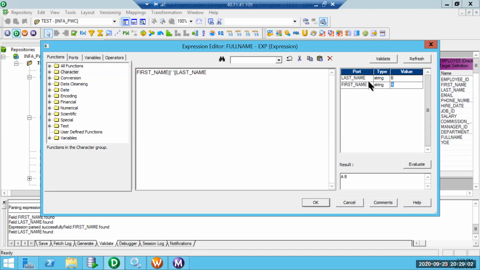If I give something like hello for first name, and the last name is world with an exclamation mark, evaluate gives hello world. So these are two strings which get appended. We can evaluate the functionality even before running the workflow. This is the coolest feature we have in Informatica to test the logic we have in place with sample test values.